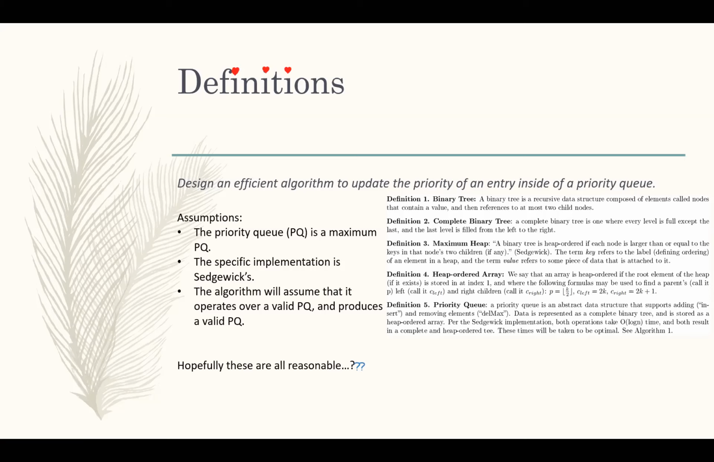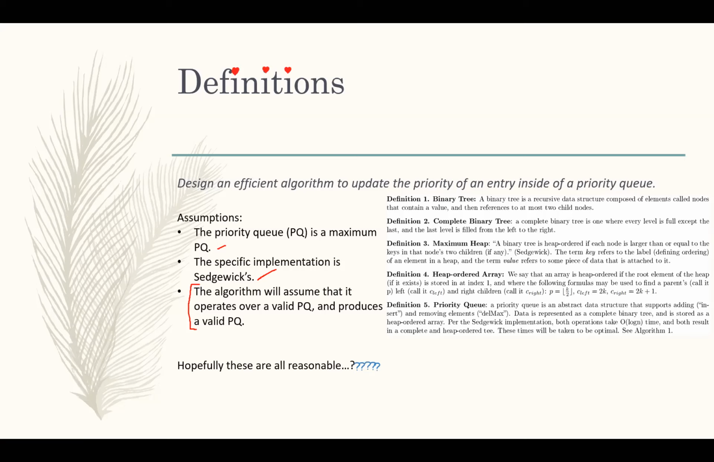All right, so I have my initial prompt up there. We're going to assume that it's a maximum PQ. We're going to say that it's Sedgwick's. And actually, we're going to add this little bit here, which I forgot to talk about before. We're going to assume that whatever algorithm we're using takes in a valid priority queue and produces a valid priority queue,